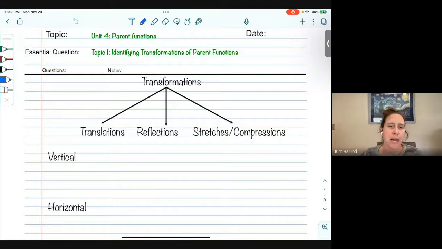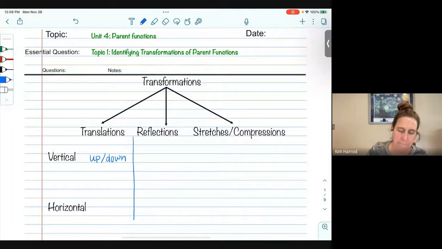Okay, so today's idea is on transformations of parent functions. And when we say transformations, that falls into three main categories. We can translate something, which we can do in the vertical direction. So, what that's referring to is moving a graph up or down. So, moving something up or moving something down, that's a translation. Or in the horizontal direction, the equivalent would be left,